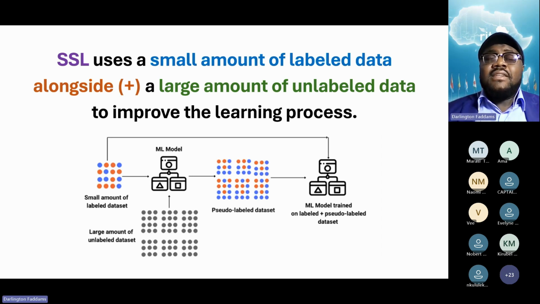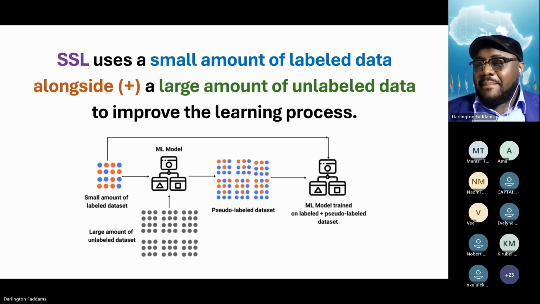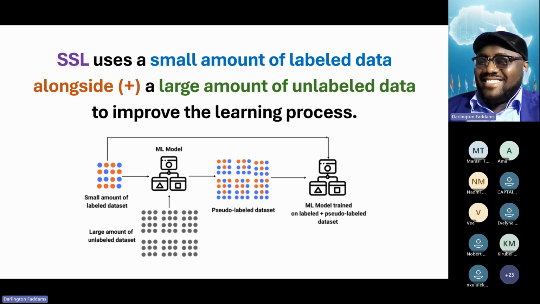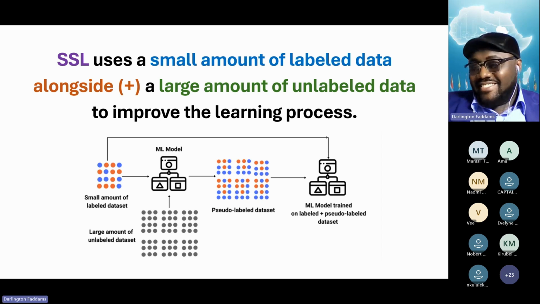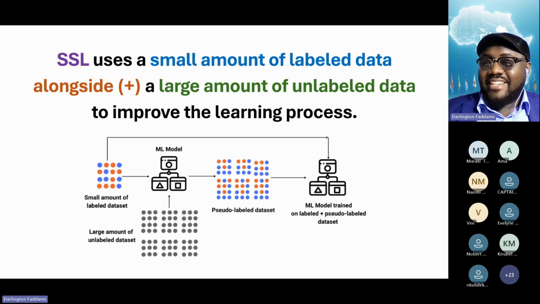If we can't label all the data, does it make sense to label a sample and allow the sampled labeling, or the sample we have labeled, to help the model understand the rest? Would that be a good idea? Anybody here? Okay. All right. So V says yes, it's a good idea.